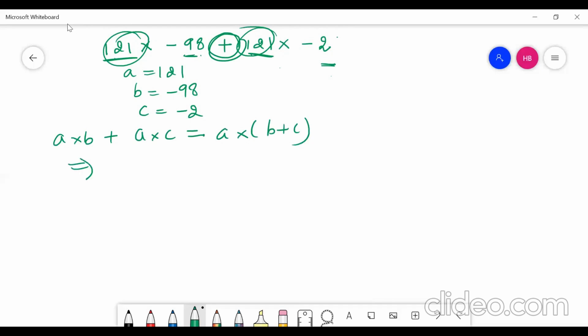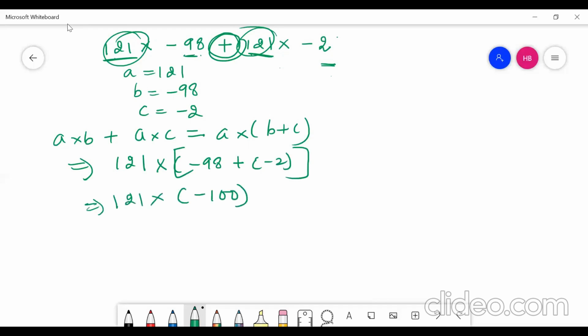So now let's put all these values, 121 into minus 98 plus minus 2. So first we will solve the bracket. What will the bracket give me? 121 into minus 100, right? And we know how easy it is to multiply any number with 100. We are just going to append the zeros